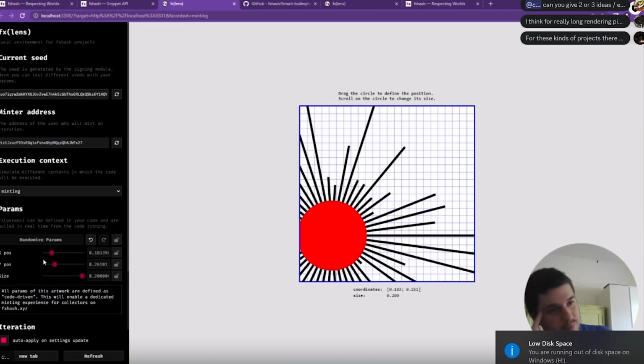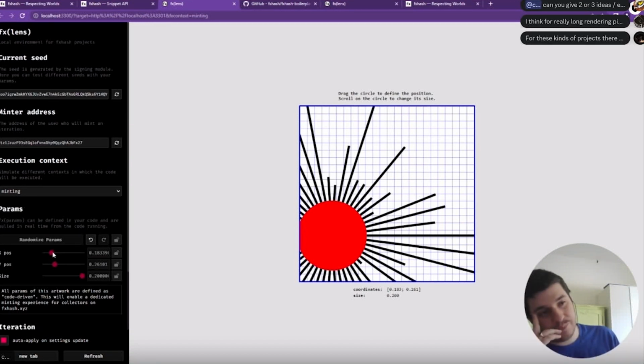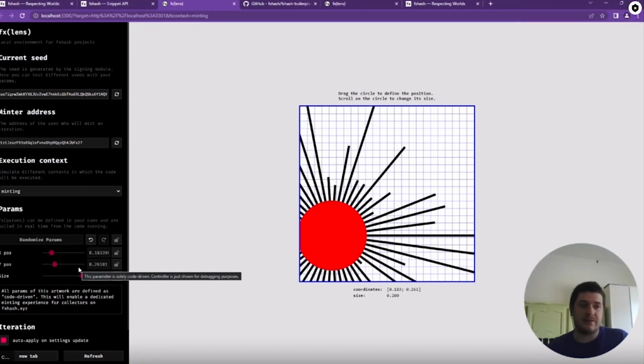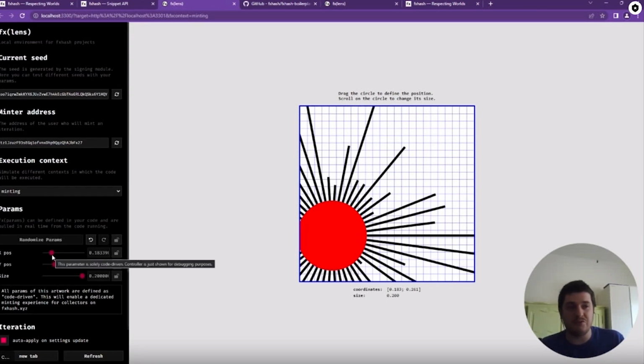Another question is about why we locked the parameters here. So we'll have to think a little bit about whether we allow code-driven parameters to be updated from the UI. We really wanted this to give full control to the artist about parameters and forget about the main UI that we built. The issue is